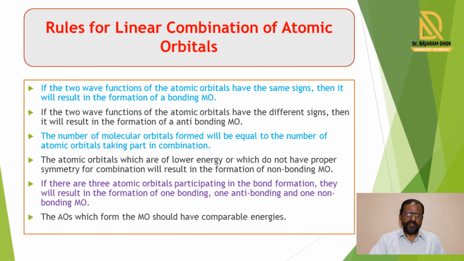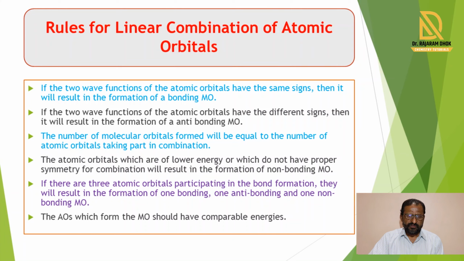Now when these different atomic orbitals combine with each other, there is formation of molecular orbitals, and this combination is explained linearly, so that is called the linear combination of atomic orbitals. This linear combination of atomic orbitals has certain rules, and according to those rules, the atomic orbitals of different atoms combine with each other and form a molecule. So among the various rules, we say